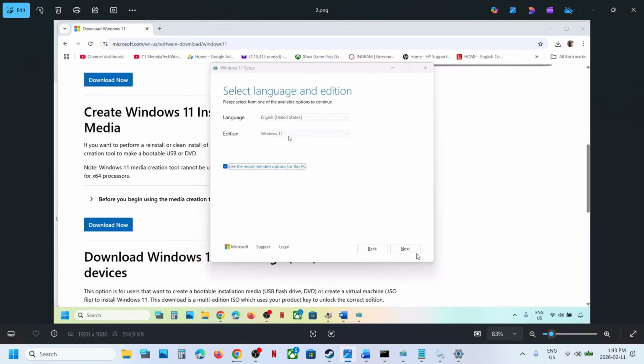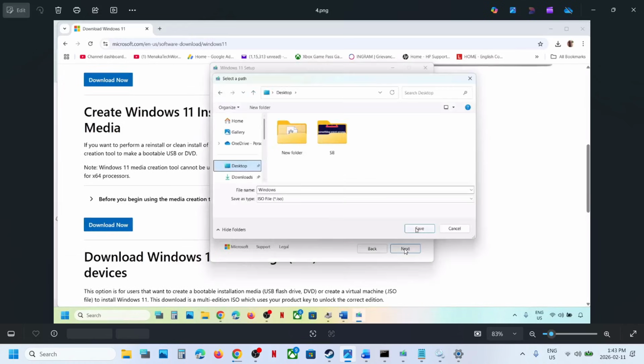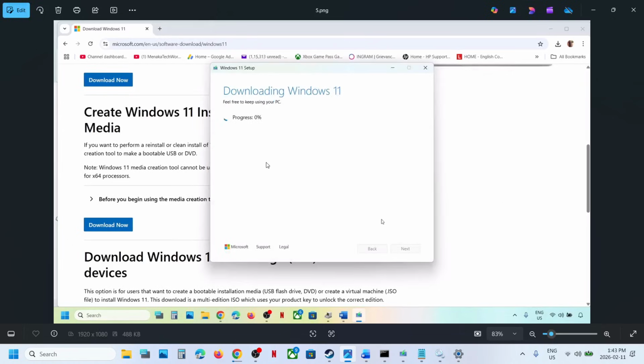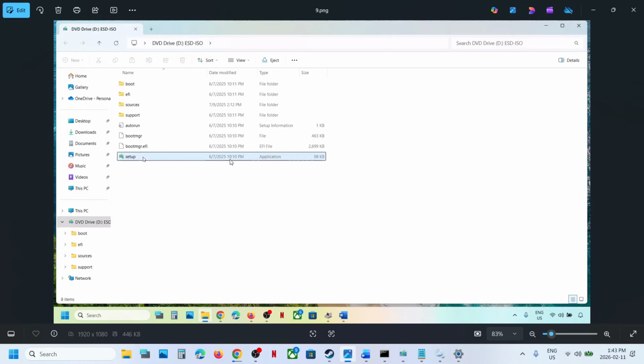By default Windows 11 would be selected. Click on next, select ISO file over here, click on next. You can save it to desktop, save. Let the download complete. This process will take some time. Once done, click on finish option over here. Let this close automatically. Go to desktop, make a double click on Windows ISO file, make a double click on